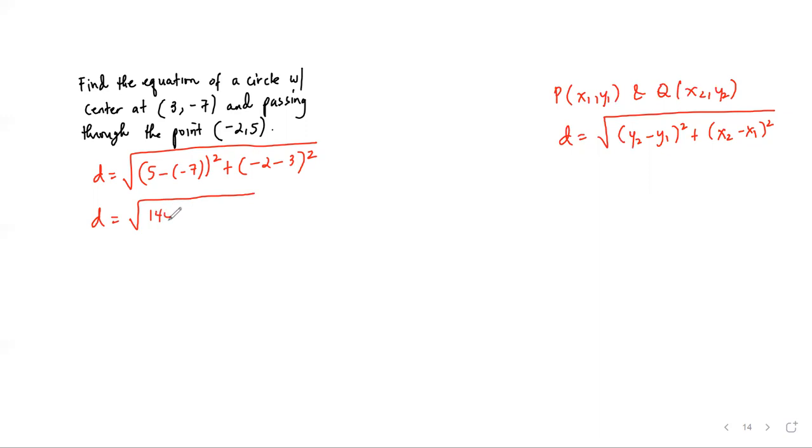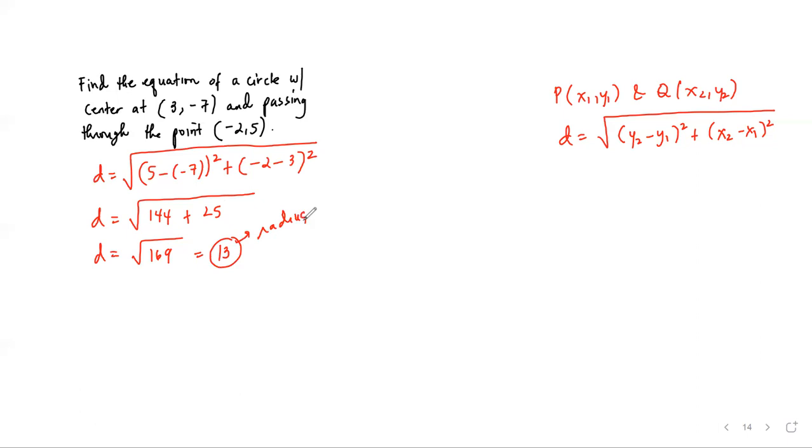is 144. And then negative 2 minus 3 is negative 5. Quantity square is positive 25. So 144 plus 25 is 169. And the square root of 169 is equal to 30. So this distance is our